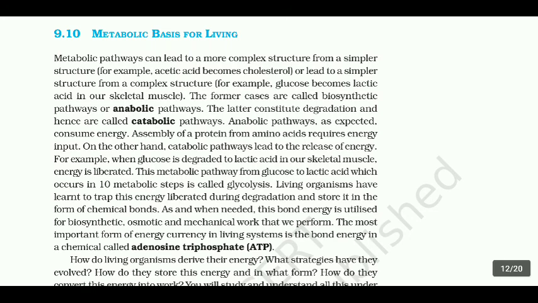This metabolic pathway from glucose to lactic acid, which occurs in 10 metabolic steps, is called glycolysis. Living organisms have learned to trap this energy liberated during degradation and store it in the form of chemical bonds. As and when needed, this bond energy is utilized for biosynthetic, osmotic and mechanical work that we perform. The most important form of energy currency in living organisms is the bond energy in a chemical called adenosine triphosphate